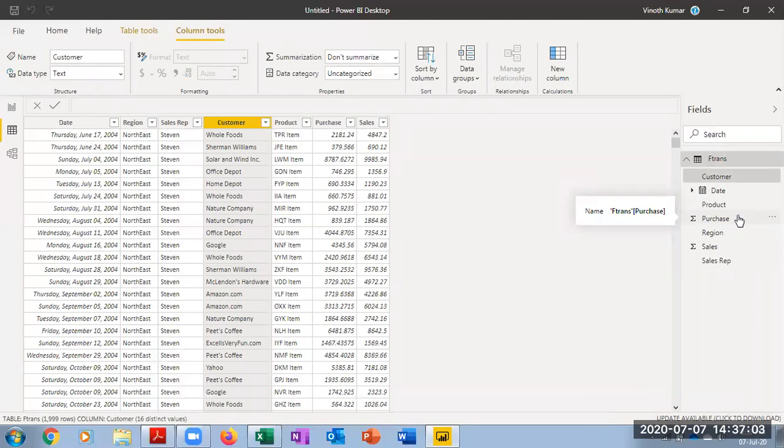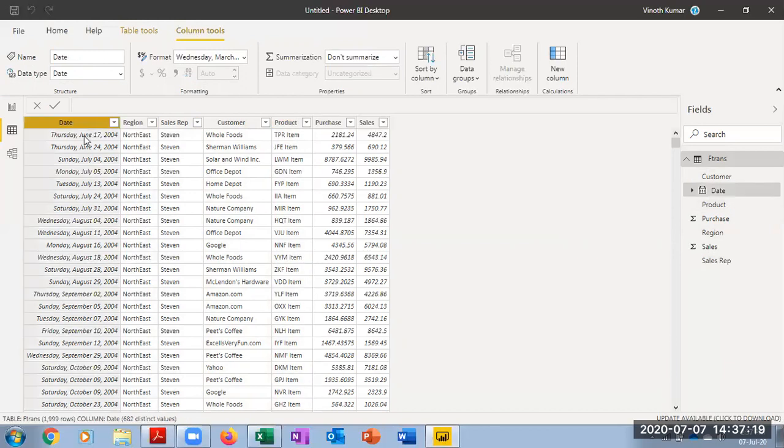Now I want only the date here to be in a simpler format. If you want to change any data type here, you can definitely do that. When I click it here, you can see that it is showing a customer name, and then it shows the data type. Wherever I place the cursor, it's going to show you that. When I come down to here, it shows the date type correctly, but again, the date format